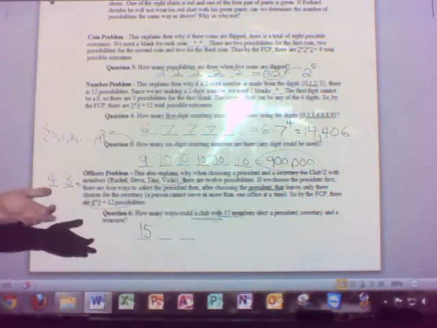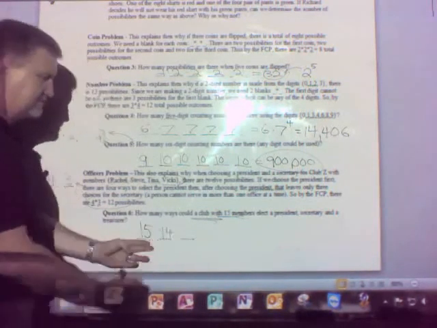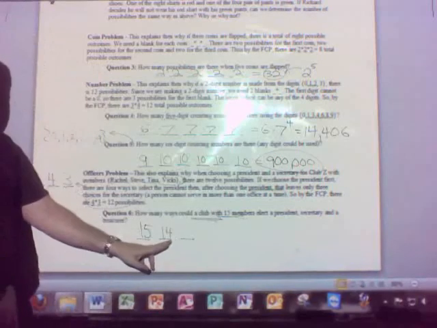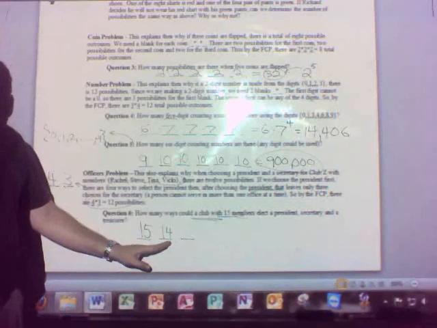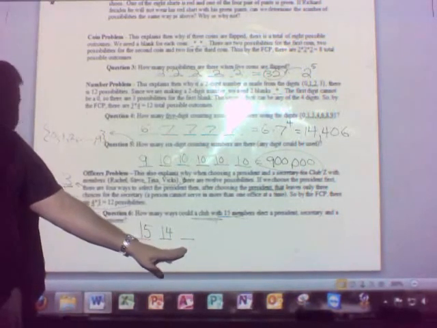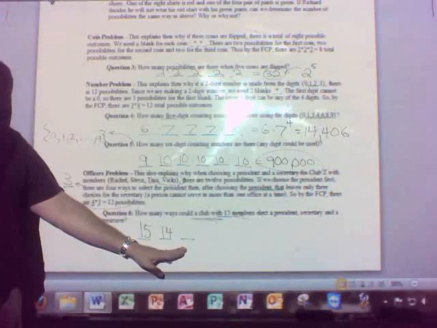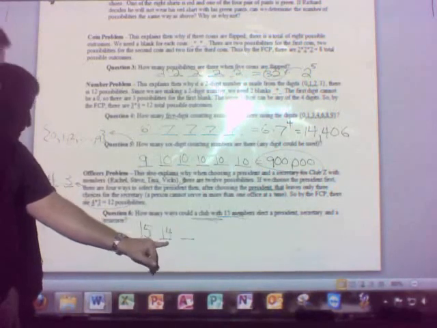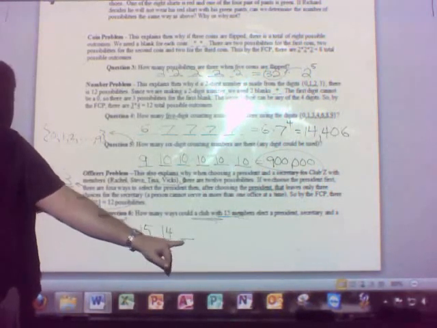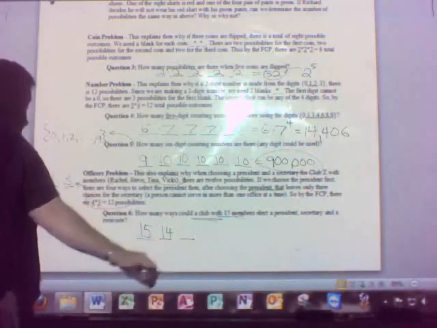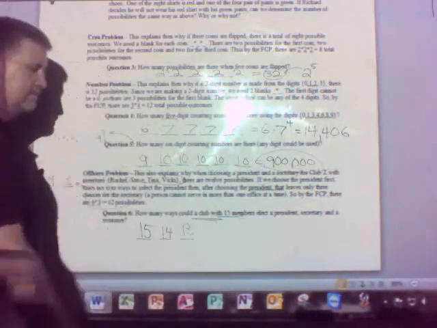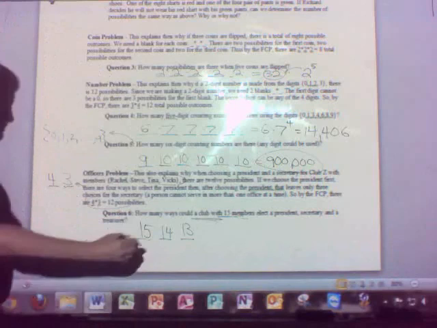What about the second blank? It's going to have to go down to 14. Why? Because you can't have a repetition. Whoever's president here can't be elected again here. So there's only 14, isn't it? That rules out one person, goes down by 1. Now what about the treasurer? How many possibilities are there then for the treasurer? Well, whoever's here can't be elected again here, so aren't we going to have to go down by 1 again to 13? So 15